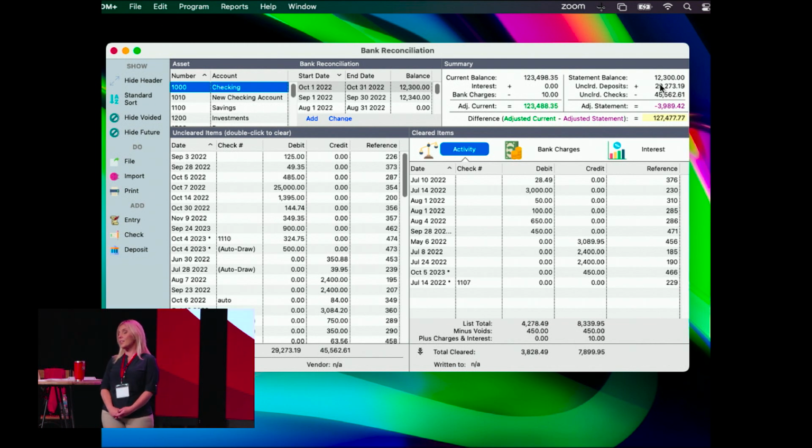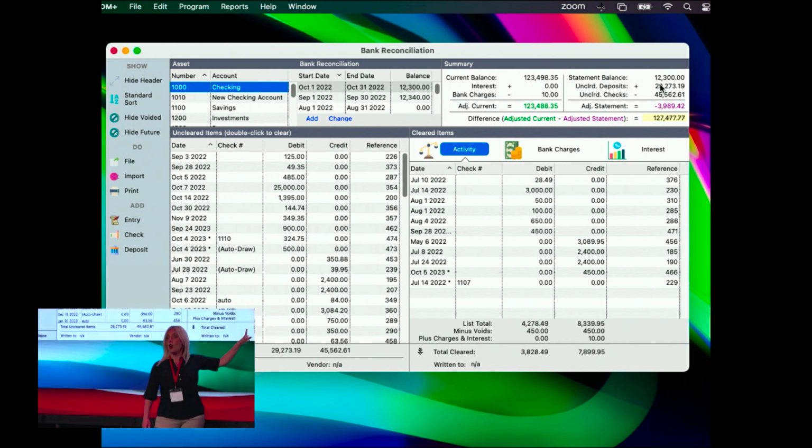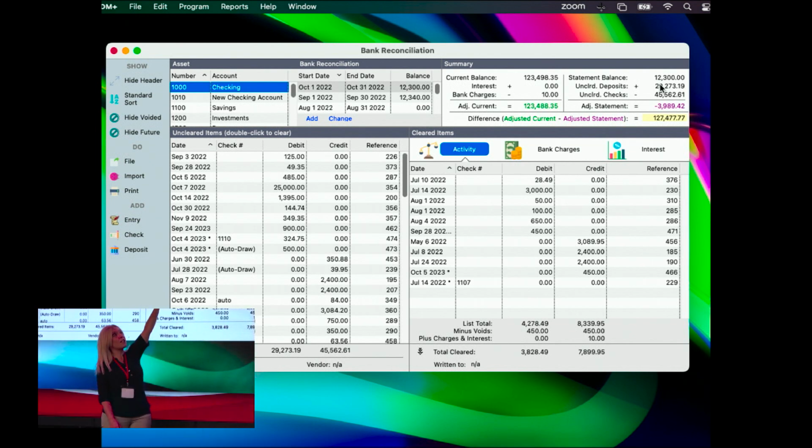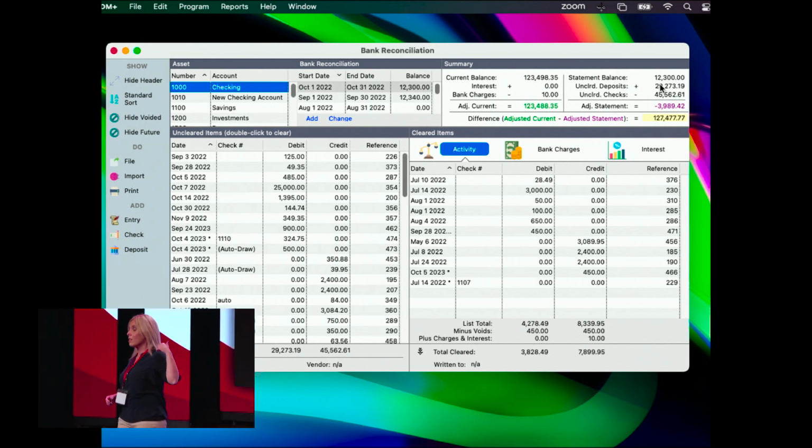Now, that's an extreme case, but it's a great example as to why, if you did this every month, you'd catch it right away. Because this also will carry, if we add another month to this asset, I'm going to start off $127,000 off. And so if I balance, and I've cleared everything that my bank says, and my total cleared is right, and my bank statement says my ending balance is right, then every month I'm going to be off $127,000. Okay? Now, that being said, let's say you've been off the same amount for a long time,